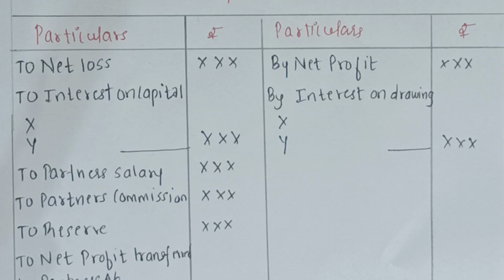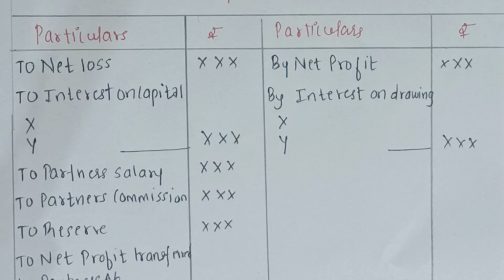One more thing we have to remember with regards to salary is, for example, it says that Mr. A has to be paid rupees 1000 per month as salary. So whenever the word per month is mentioned, it means that rupees 1000 is the salary for only 1 month. So we have to pay him for the entire year. So here we'll multiply 1000 by 12, and the answer is 12,000, which we will record as 12,000.